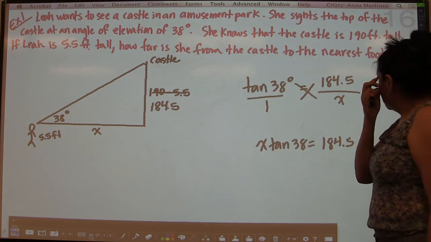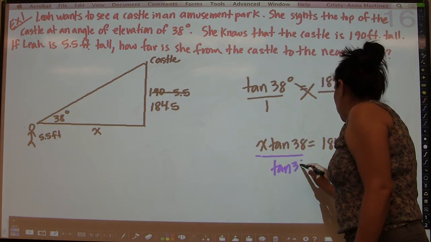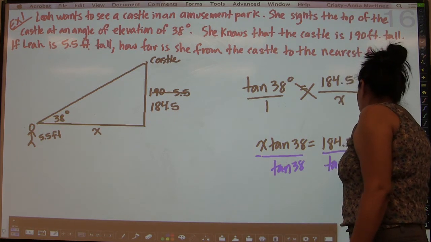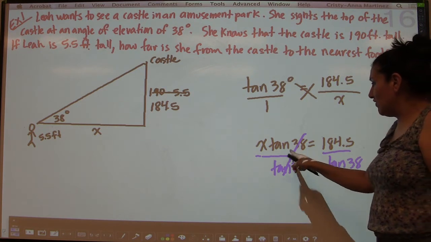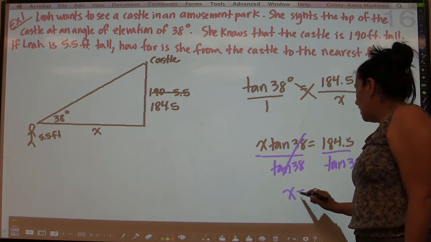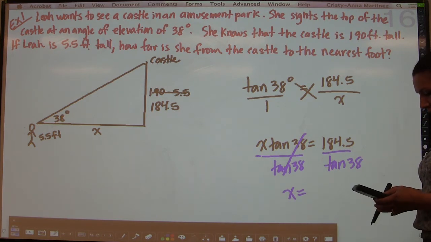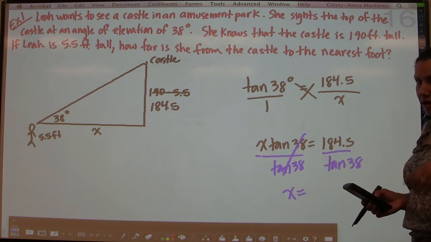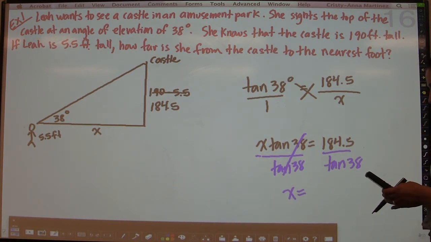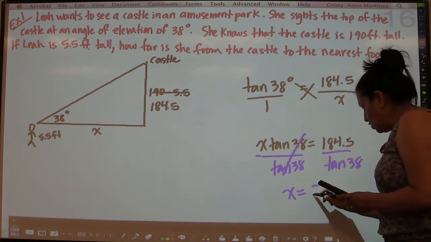All right, so now to solve for x, I need to divide by tangent of 38 degrees, which again is a number. But to get the exact answer, I don't want to figure out what tangent of 38 is until the very end of the problem. So now I'm going to go 184.5 divided by tangent, and when I hit the tangent button, automatically a parenthesis opens up. 38, close that parenthesis, and then hit enter, and I get